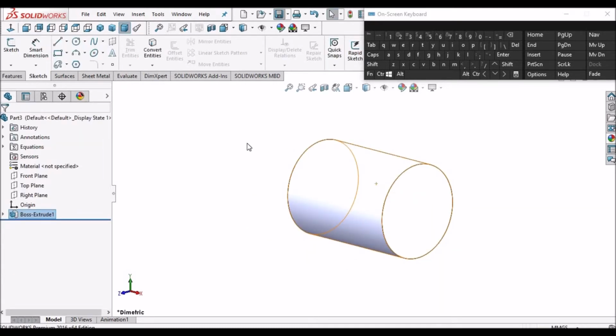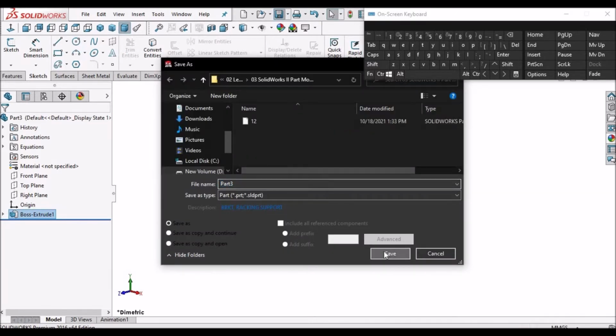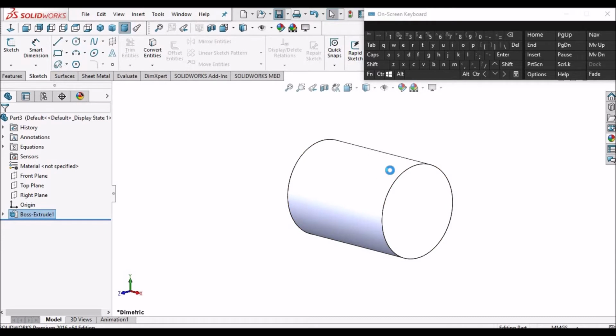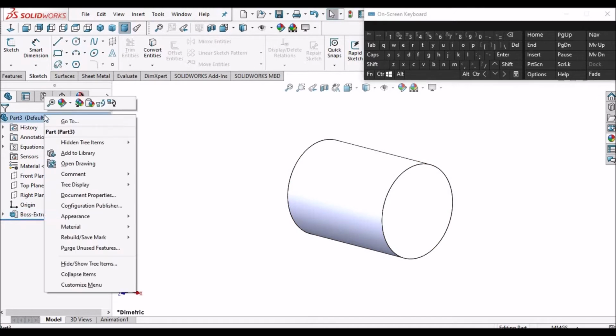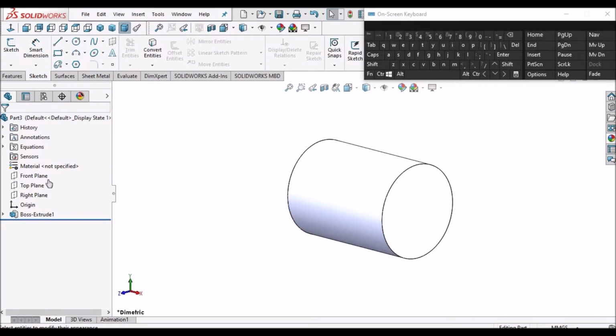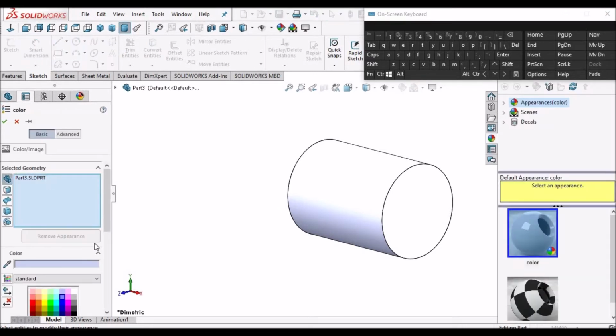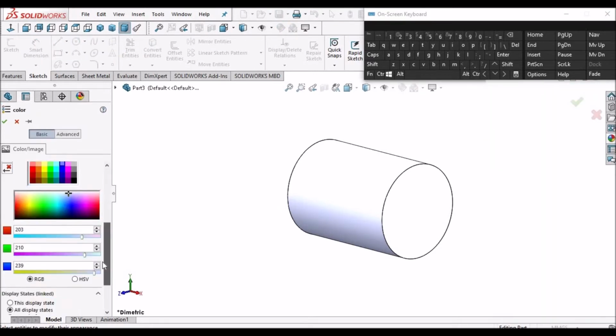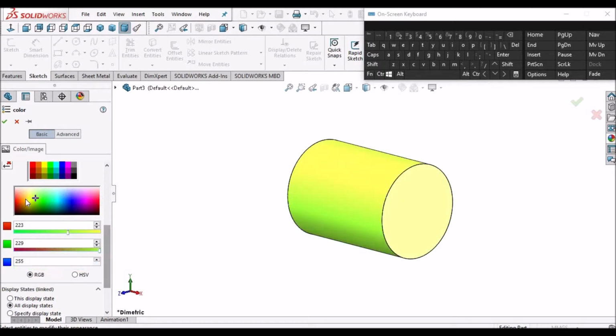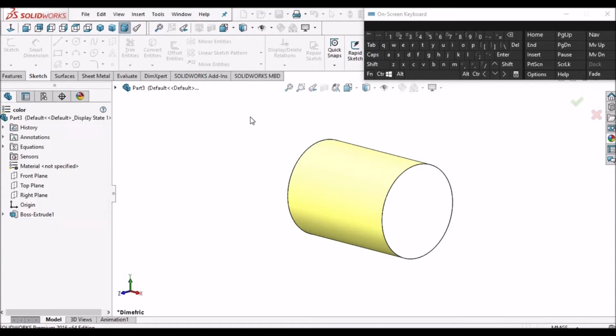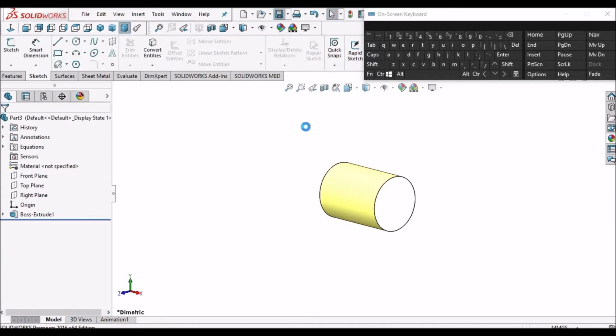Save this file. So I am going to change the color for better visibility. Okay. Save it.